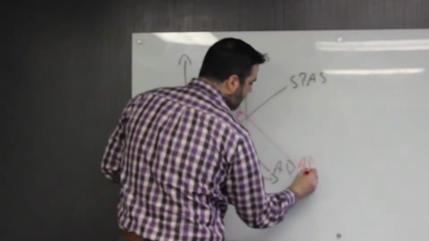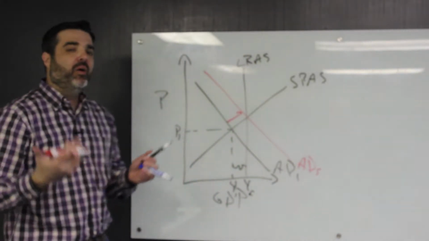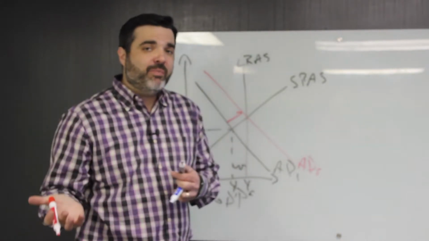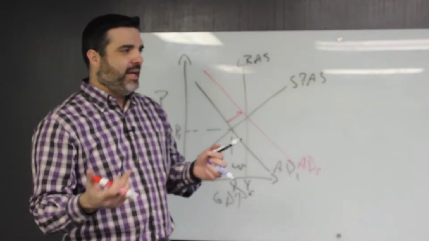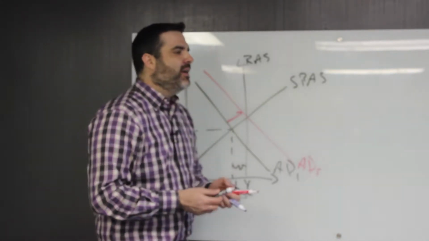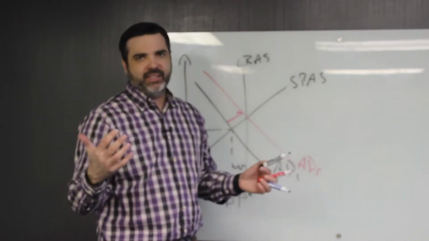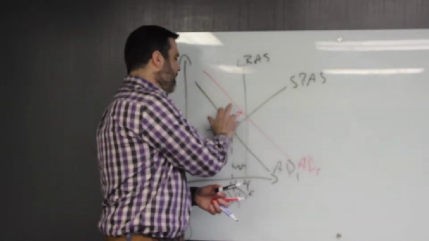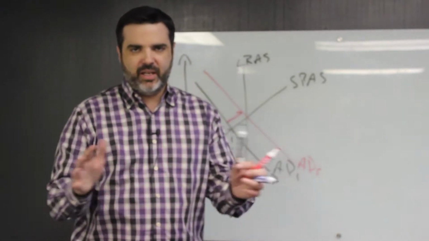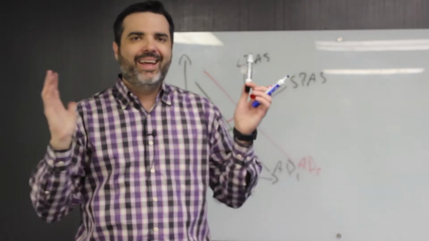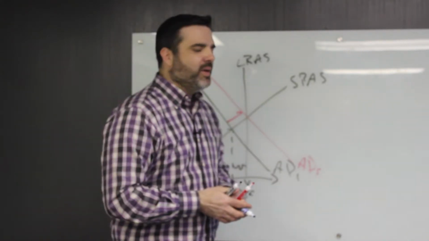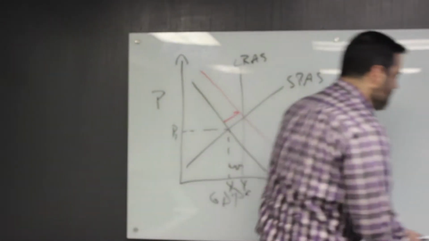That's what we would want to do, okay? So how can we do that? Well, the federal government can do it one of two ways. They can do it through government spending, or they can do it through raising taxes. That's the only two ways that they can do it. Let's say the government says that they're going to spend $100 billion. They can either give $100 billion in government spending, or they can give $100 billion in tax cuts. Let's look through and see what difference that's going to make, okay?